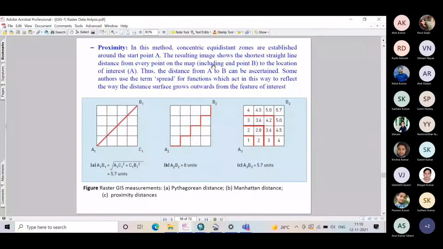These were the three different ways through which a distance between 2 points could be measured. Between A and B, it could be measured by using a Euclidean distance, which is a Pythagorean distance. Second one is a Manhattan distance. How is Manhattan distance computed? If you move along the side, like this is a straight line for the Euclidean, A1, B1, there is a